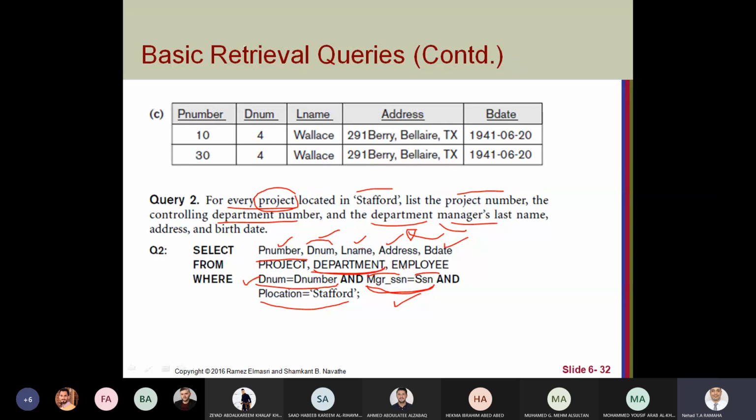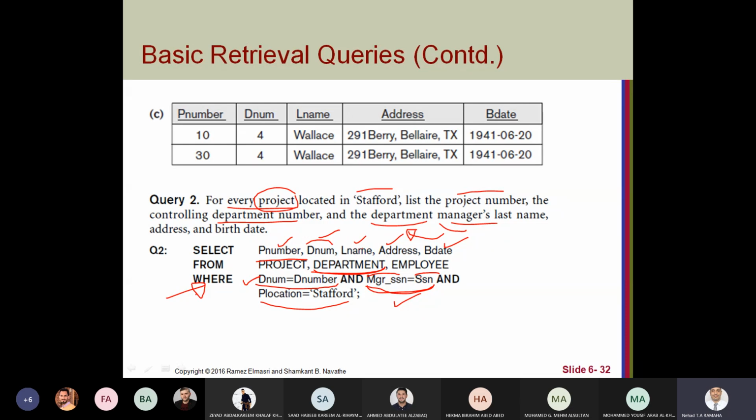Okay, it's like this. You can make analysis for this type of query. By the way, it's much easier than relational algebra, because here the join is directly with the where clause.